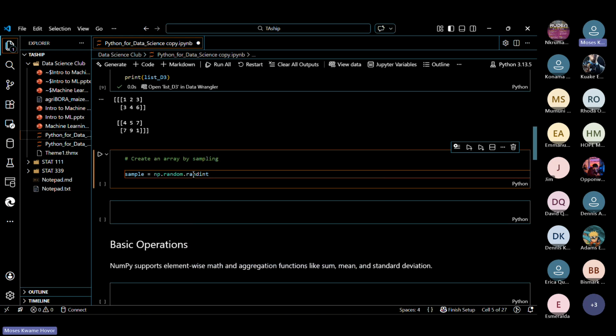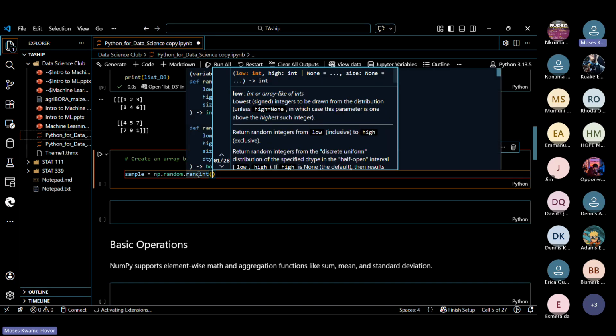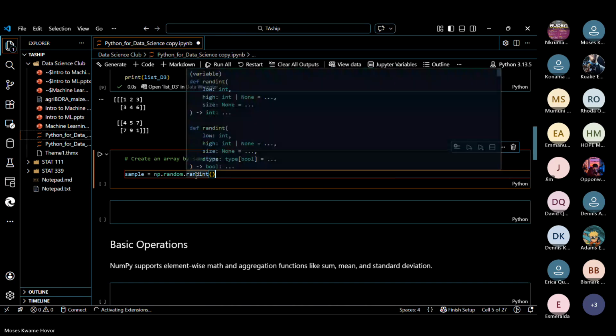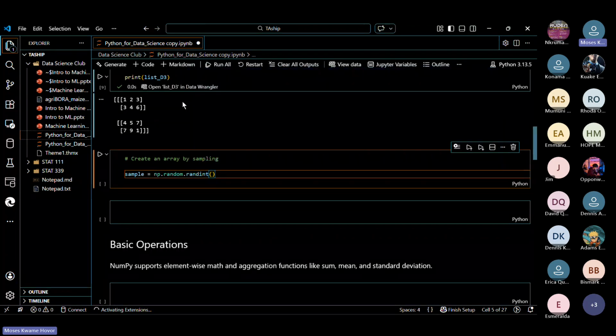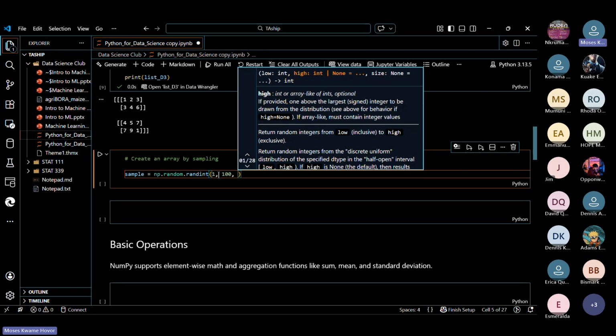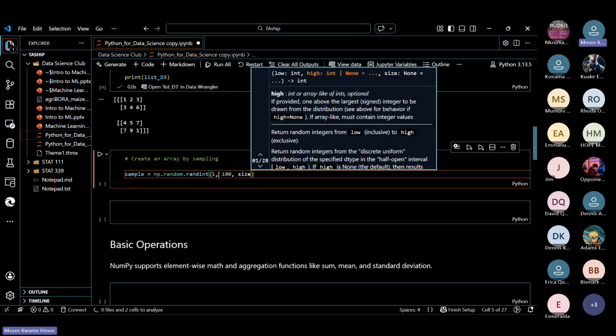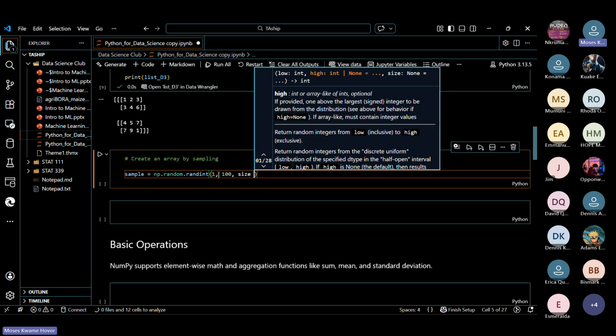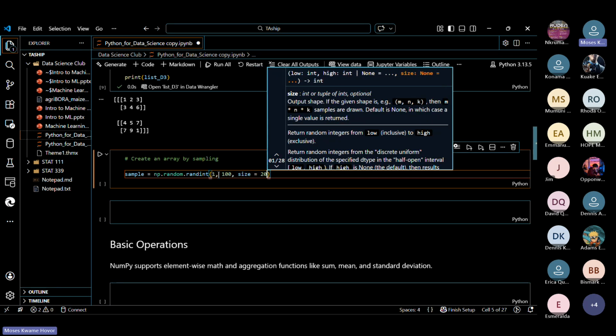Inside that we have some things we have to specify. First we specify the start, which is 1, and then the end, which is 100. Then we specify the size. The size is how many numbers we want to sample from 1 to 100, so I want 20.